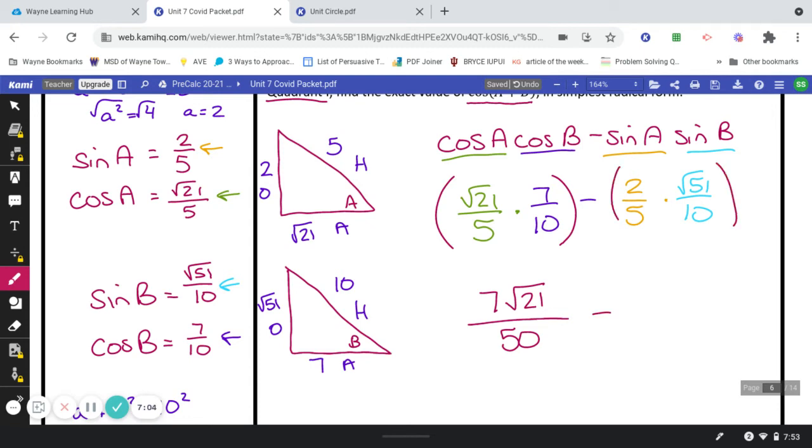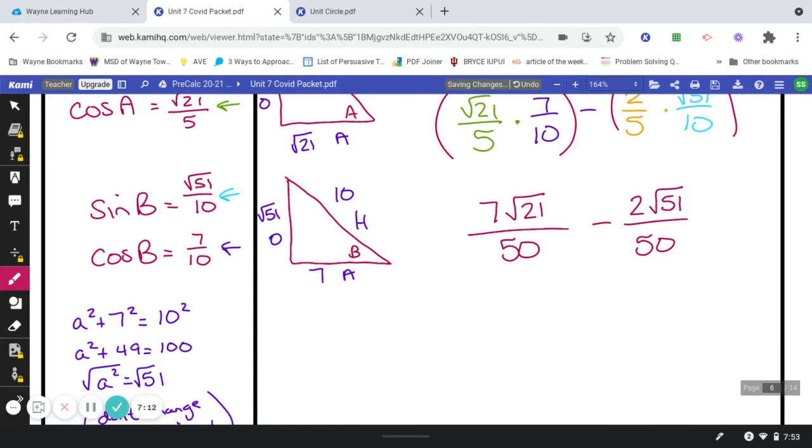Same thing over here. I'll write 2 square root of 51. 5 times 10 is 50. You can combine only if the square roots match, right? So the 21 and the 51, if those were the same number, I could combine those as like terms. Since they're not, I have to leave them as 2 separate terms,